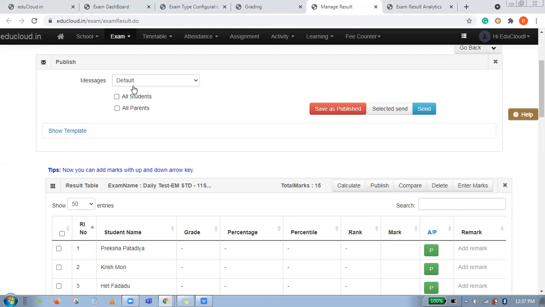Come and join with me. So let's say there is one message of default type. Can you see this? When I click on all students and all parents and then click on this send button, the result will be sent to all students and all parents via an email and a push notification. And if I want to send the result to selected students,